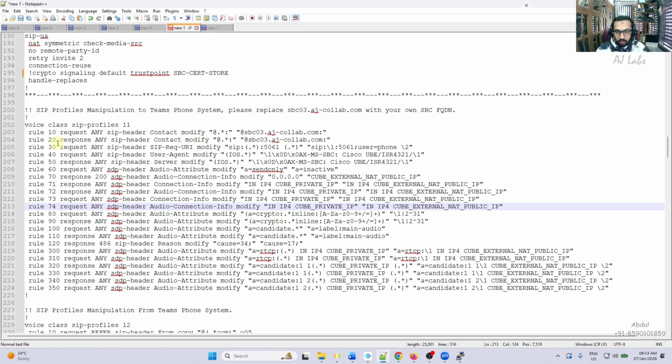Basically what they are doing is creating a tag named voice class sip-profiles 11. Then within the 11, you're saying request ANY. Request means those INVITE, 200 OK type of messages. INVITE, 100 Trying, 180, 200 OK. We covered all the request methods, right? Like INVITE, BYE, CANCEL, those messages. So that's basically what request means. So any request, sip-header,